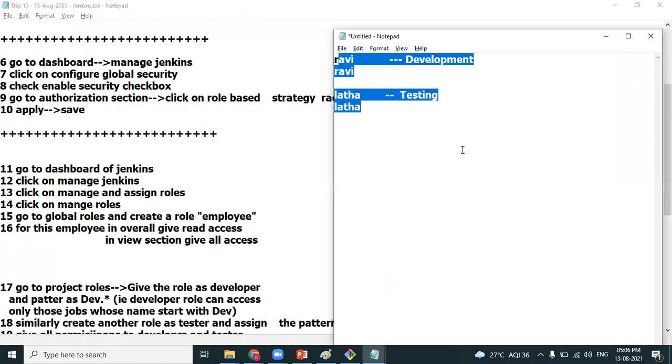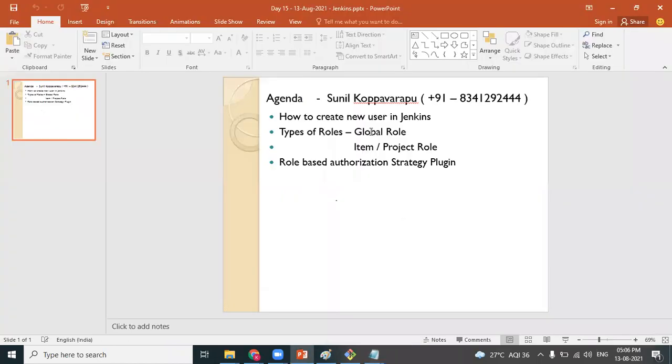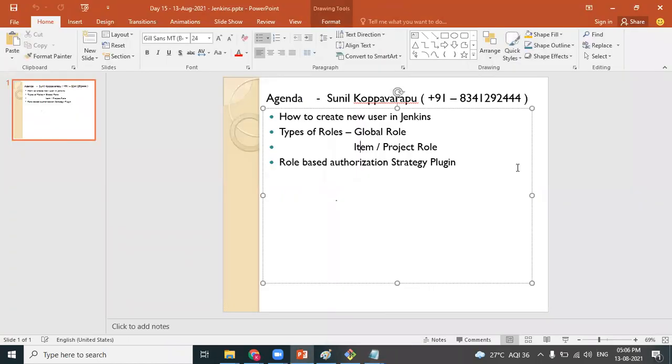There are two types of roles in Jenkins: global role and item role.